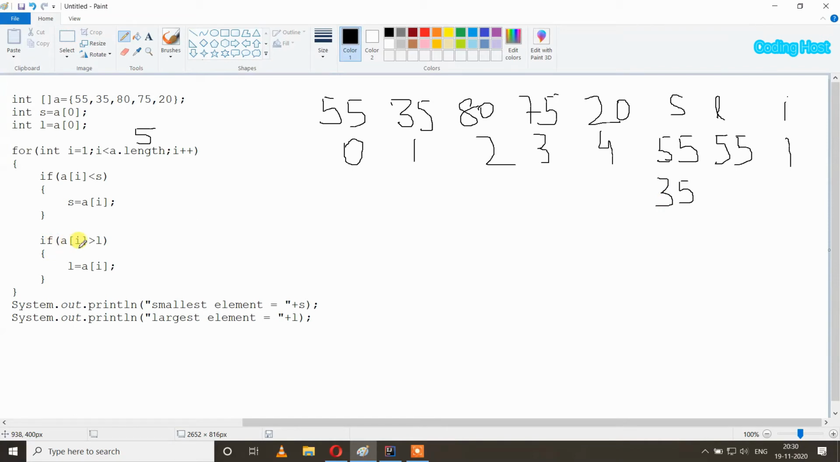If a of I is larger than L, so at a of I at index 1 we have element 35, and in the L variable we have 55. So 35 is smaller than 55 and it is not larger than 55, so our condition is false, so this statement will not execute. So in this program I am only taking one for loop for checking smallest and largest